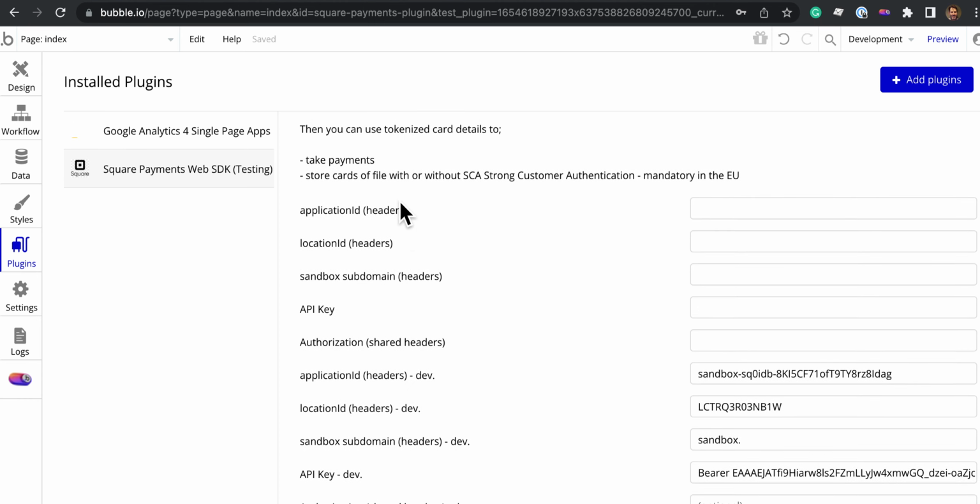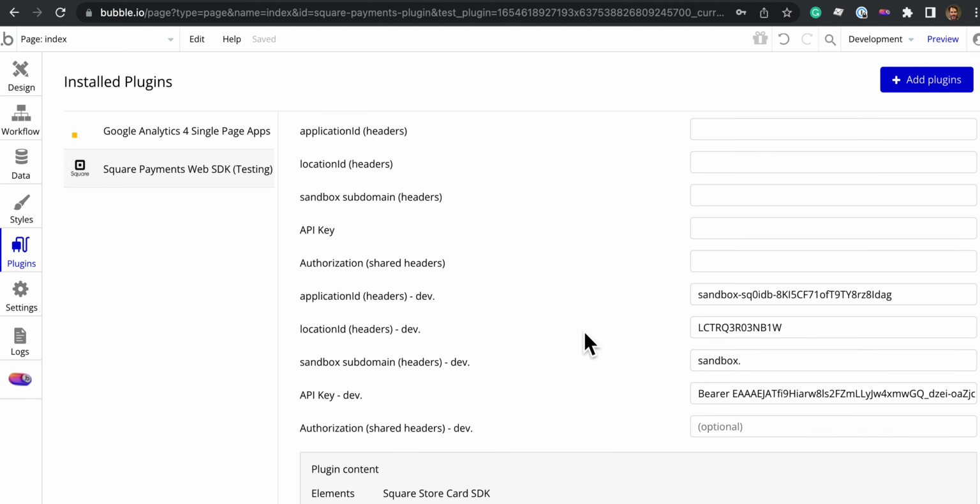which don't have dev next to them. These are the production settings. They'll have different values to the ones that are in dev. So this application ID goes in the headers here,